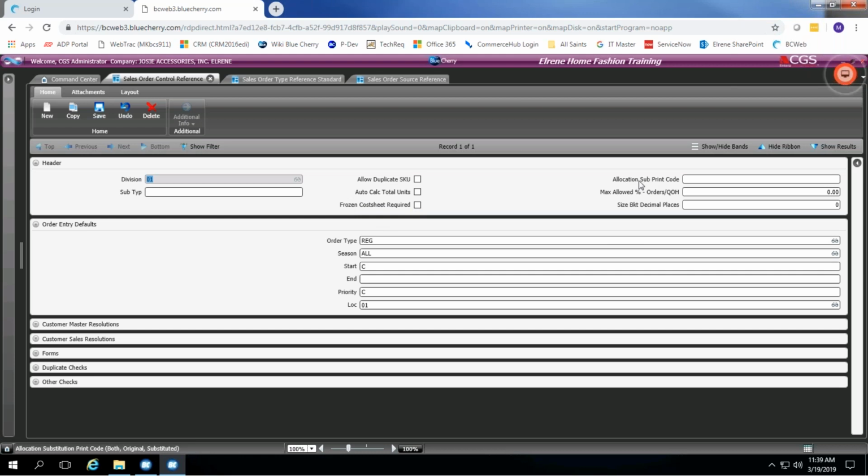Allocation, this is used for allocation if you substitute in the goods. I think we'll do a deeper dive when we start talking about allocation and how substitution can work for you if you ever do substitutions of products. Then max allowed is basically how much of open orders and picked orders can exceed your quantity on hand. If you want to say, I don't want to exceed my quantity on hand by no more than 10%, we